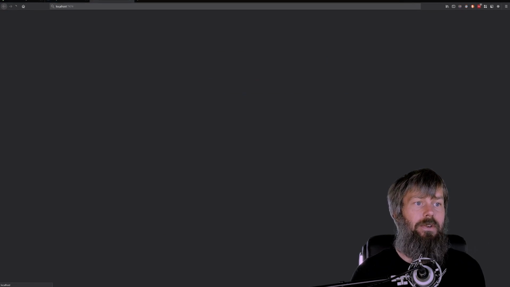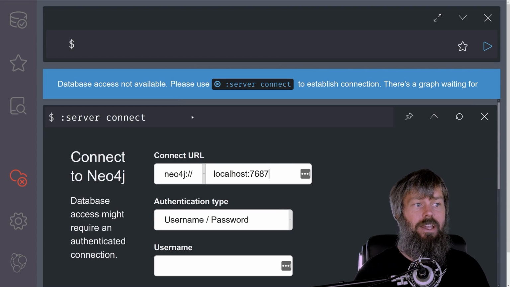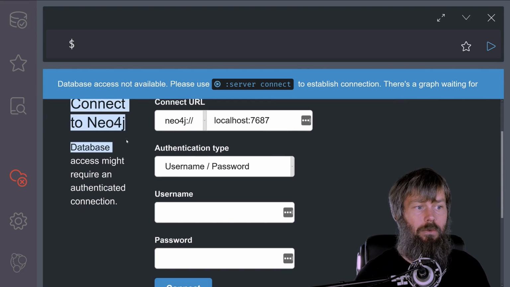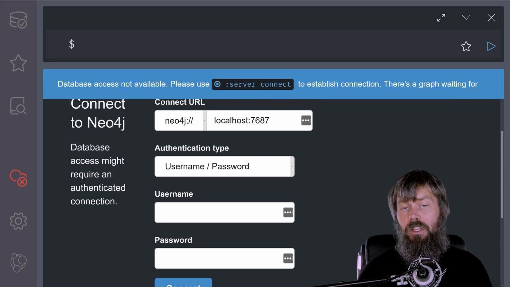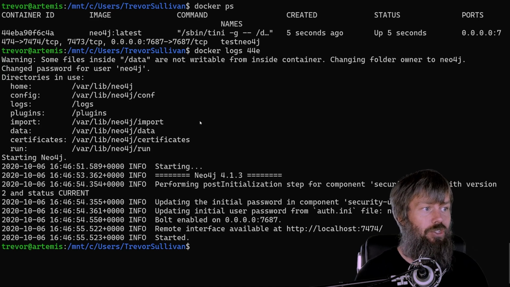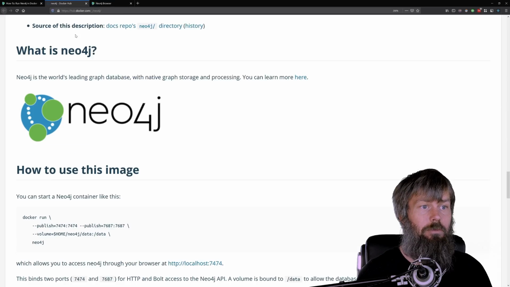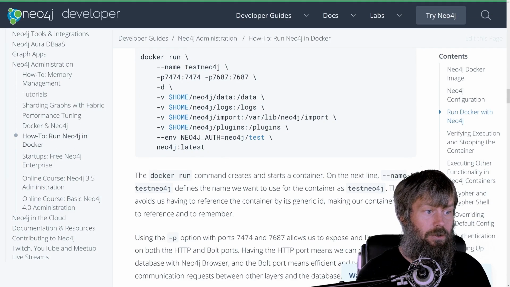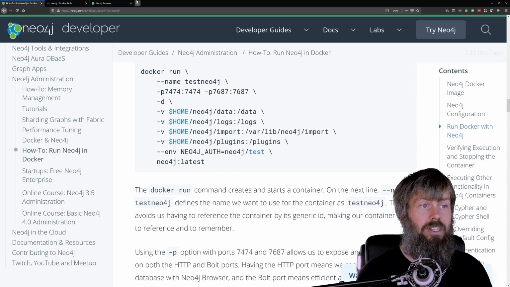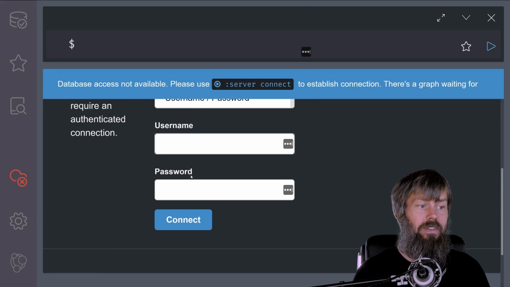So back here in Firefox, I'll just paste in that URL, and sure enough, I am connected here. Now you'll see that it says connect to Neo4j, it says database access is not available. So you can actually hit the web interface without authenticating. However, in order to actually authenticate to the database that the web interface connects to, you do need to provide your credentials. And of course, as we looked at just a moment ago, those credentials are embedded in this environment variable called NEO4J_AUTH. So the username will be neo4j followed by the password, which is test. So let's go ahead and just plug that in here